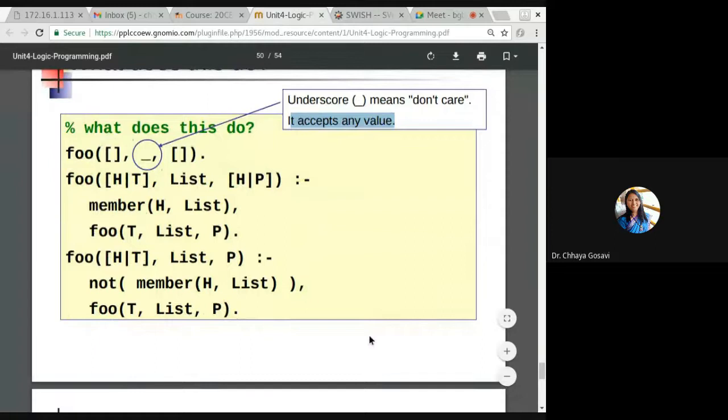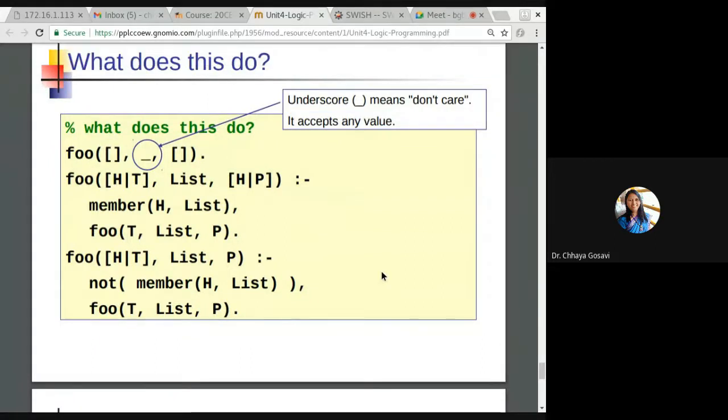Tell me what this function will do. It is very similar to the sub function, but there is just a small change. The first is a rule, a fact. If the first list is blank and you pass anything, it will return the blank list. It doesn't care about what the second element is, but the return value is the first list as it is. And this is a rule.